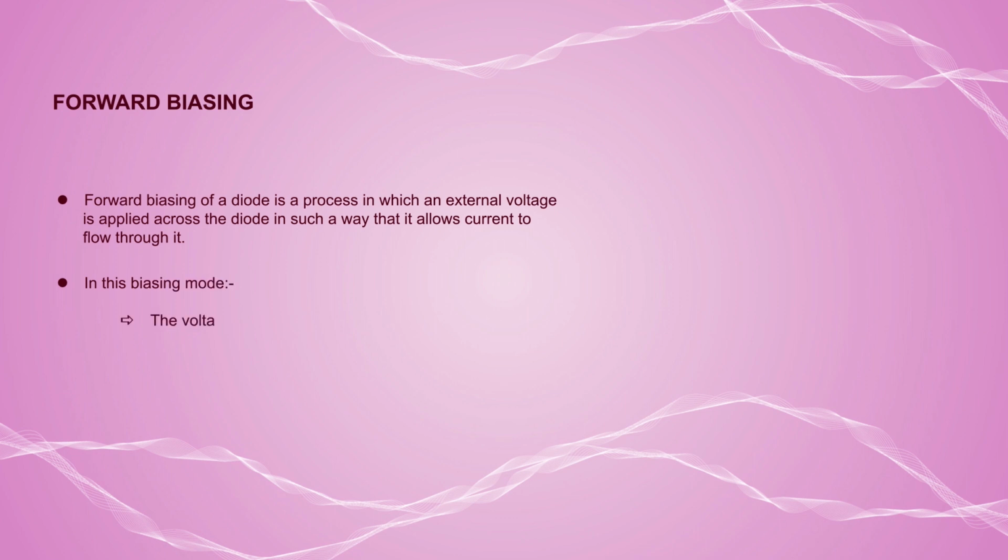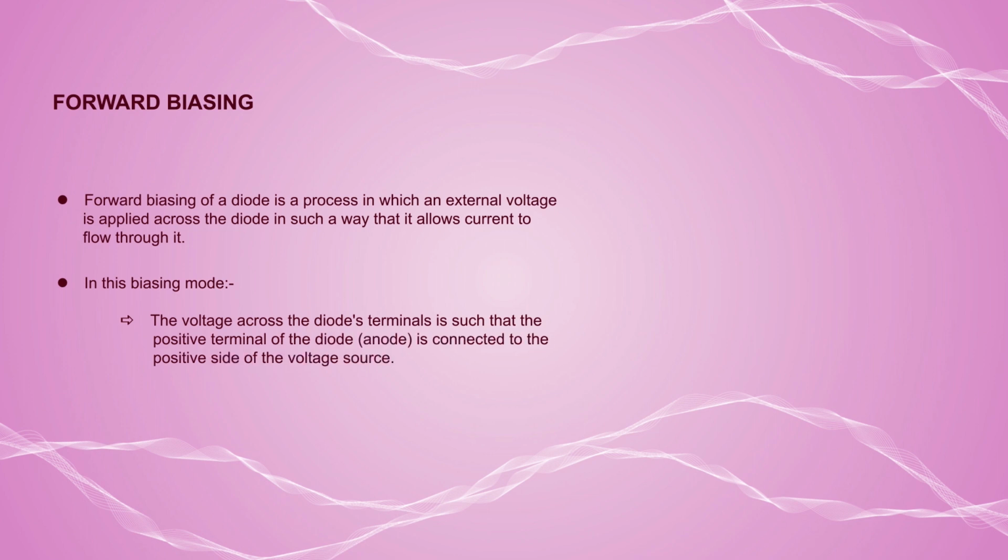So, in this biasing mode, what happens is that the voltage across the diode's terminal is such that the positive terminal of the diode, that is anode, is connected to the positive side of the voltage source, and the negative terminal of the diode, that is cathode, is connected to the negative side of the voltage source. This means that, as we know, the anode represents the positive sign and cathode represents the negative sign. So, when the positive terminal of the diode, that is anode, is connected to the positive side of the voltage source,